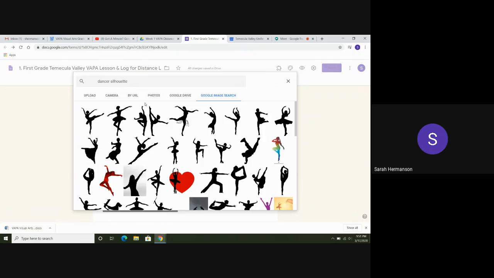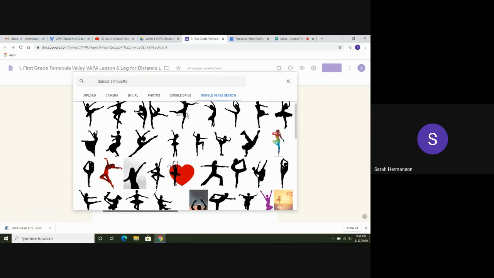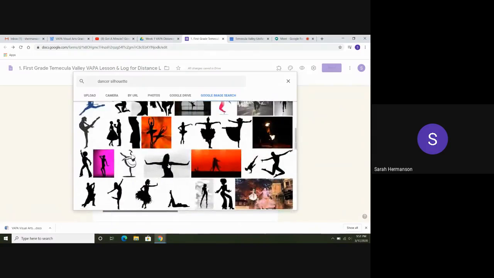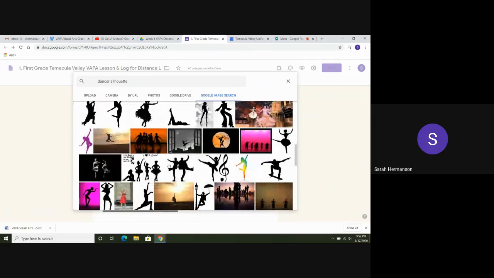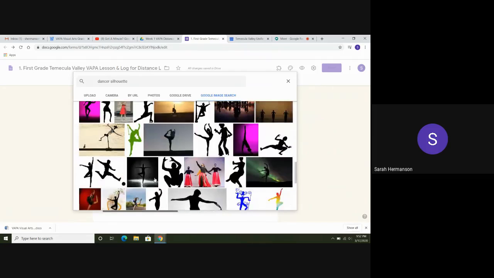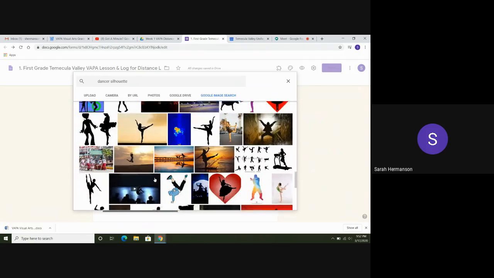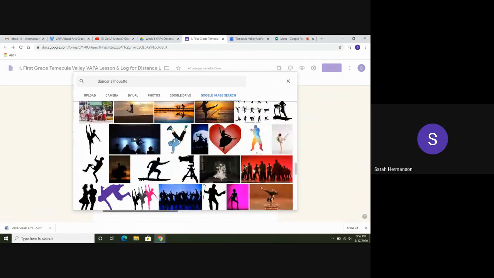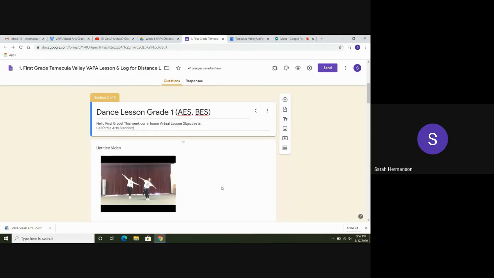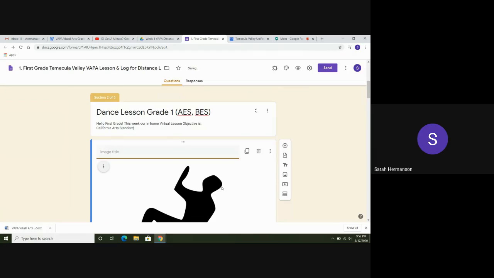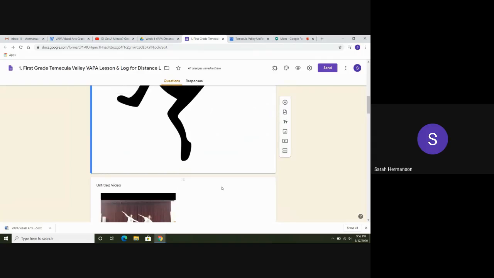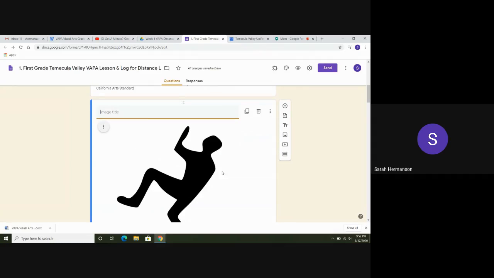See, dancer silhouettes, and I'm just going to choose, why are all dancers ballet dancers? All right, we're going to do this guy right here. Insert. And there he is. So if you guys want to add an image, if you want to edit it, you can go right here,